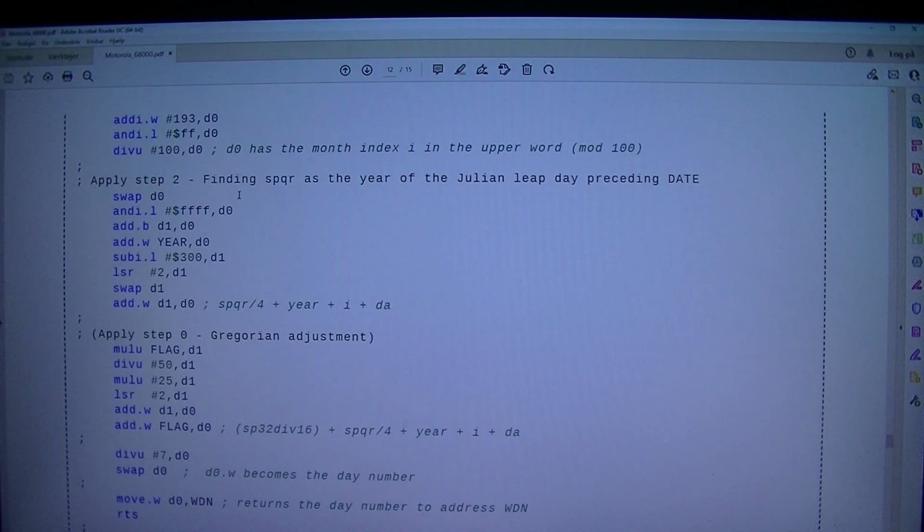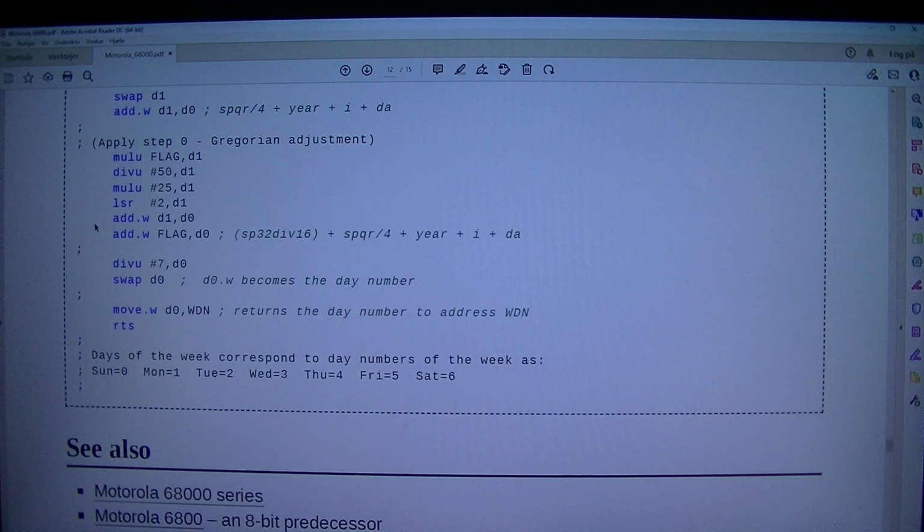Apply step 2, finding SPQR as the year of the Julian leap day preceding date. Swap D0. Andi.l #$FFFFD0. Add.b D1, D0. Add.w year, D0. Subi.l #$300, D1. LSR #2, D1. Swap D1. Add.w D1, D0. SPQR divided by 4, plus year and I, plus the